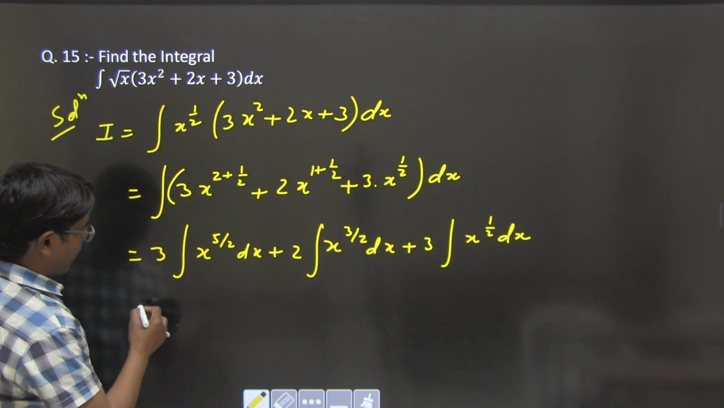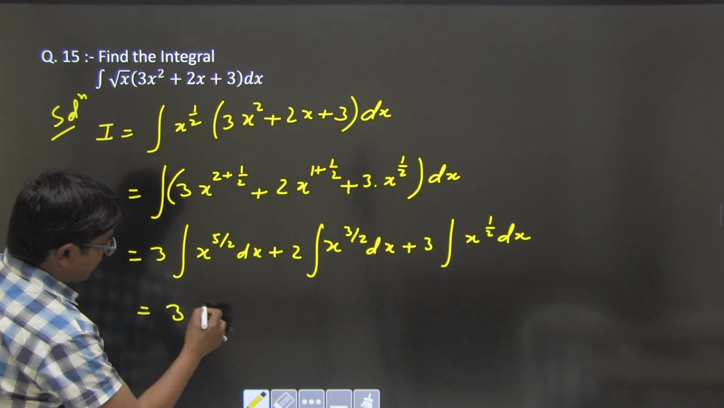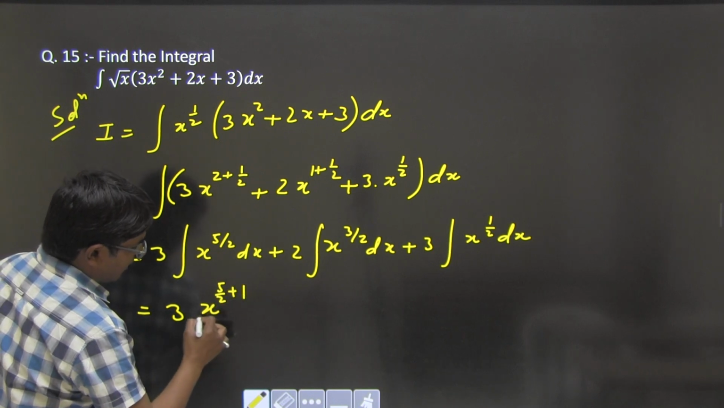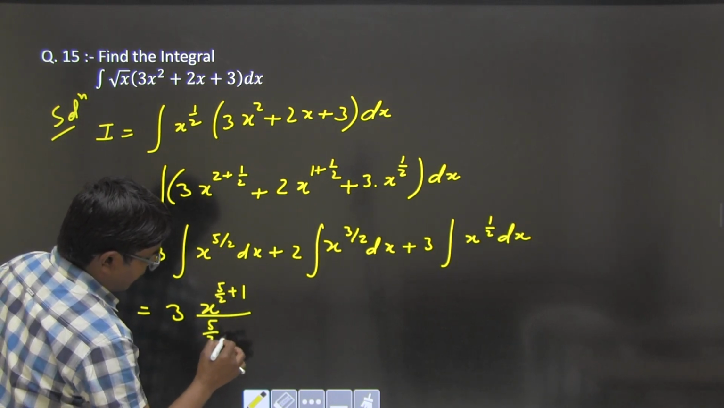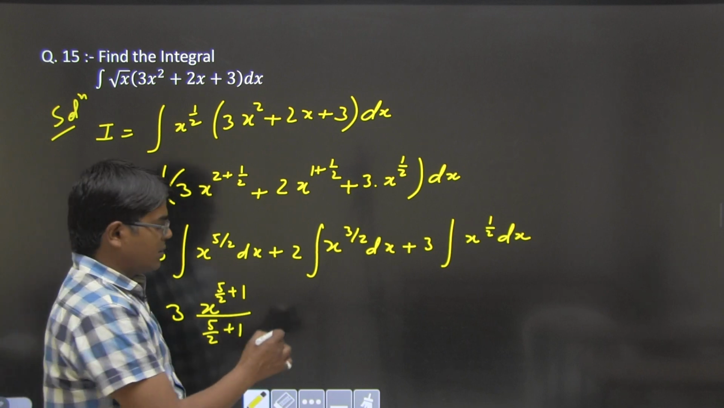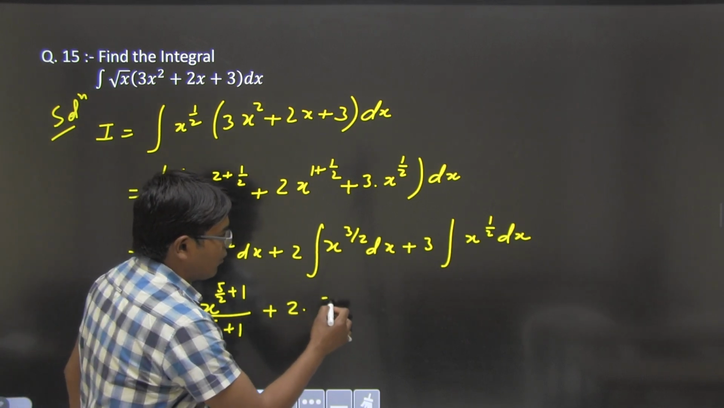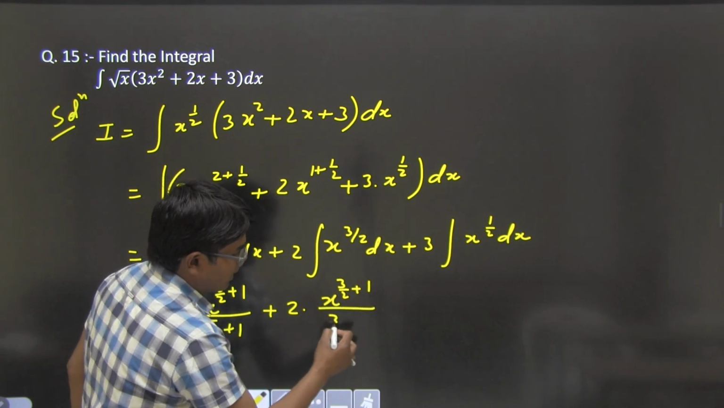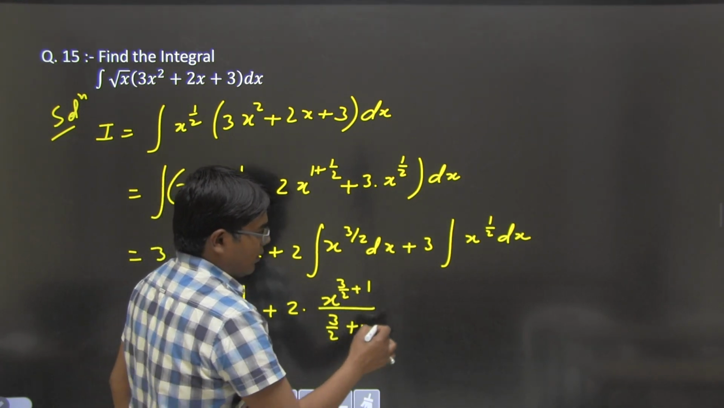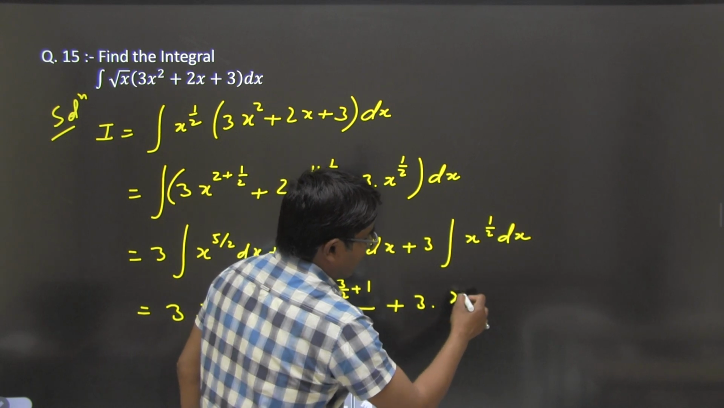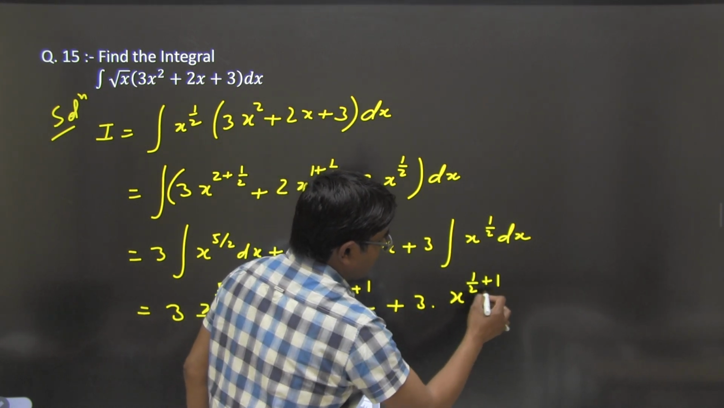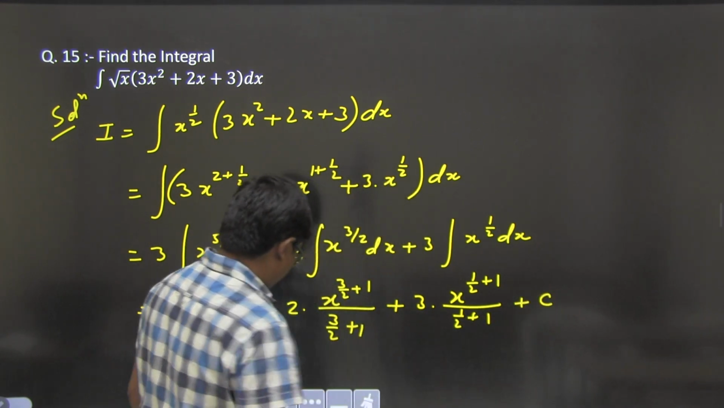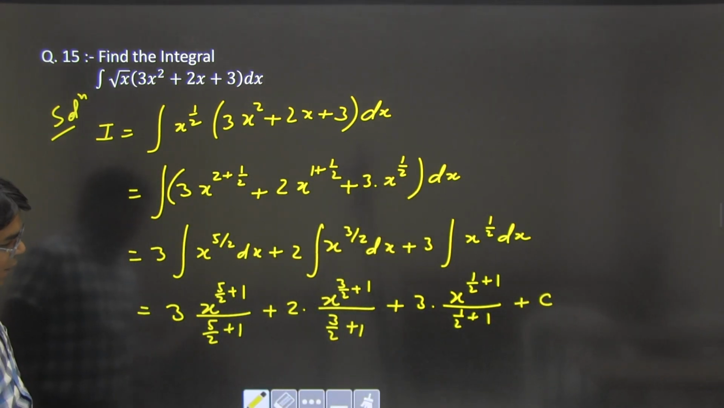So, from here we can write 3 times x to the power 5/2 plus 1 upon 5/2 plus 1, plus 2 times x to the power 3/2 plus 1 upon 3/2 plus 1, plus 3 times x to the power 1/2 plus 1 upon 1/2 plus 1, plus c, right. When we simplify it,